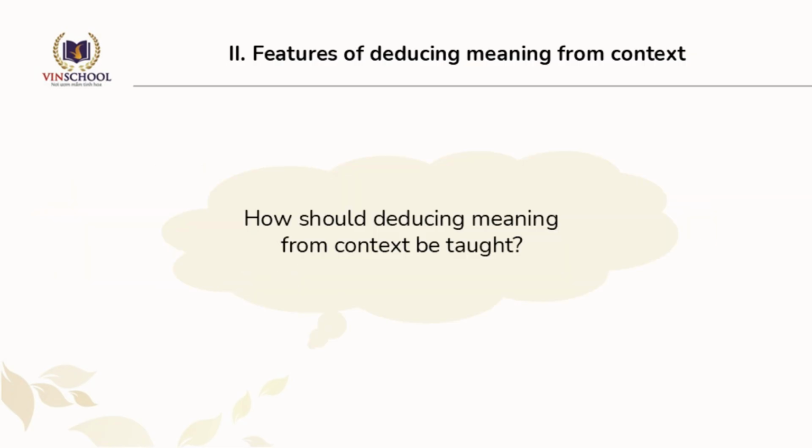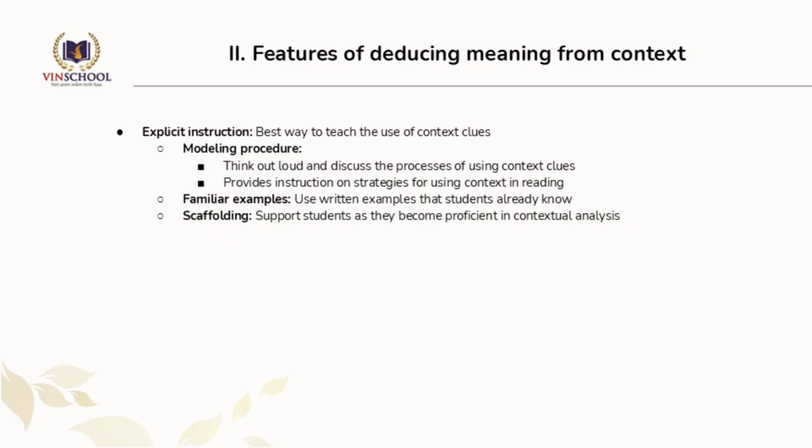Next, let's address the question, how should deducing meaning from context be taught? The best way to teach the use of context clues is through explicit instruction. This involves the teacher modeling the process, using familiar written examples, and offering support as students become more skilled in